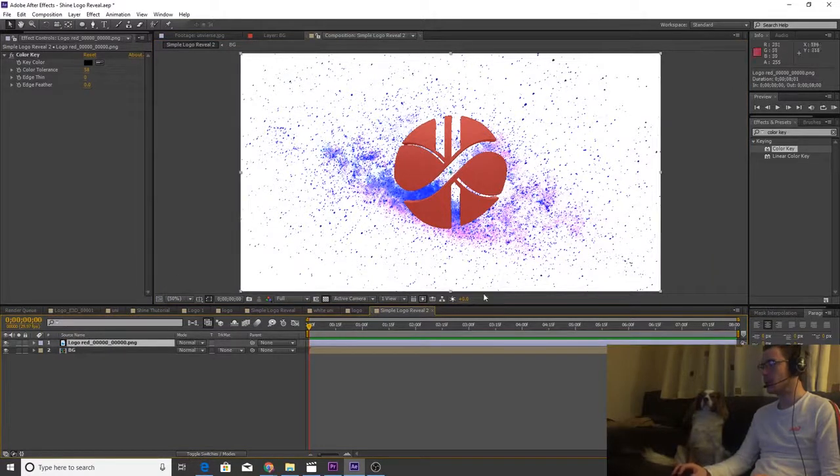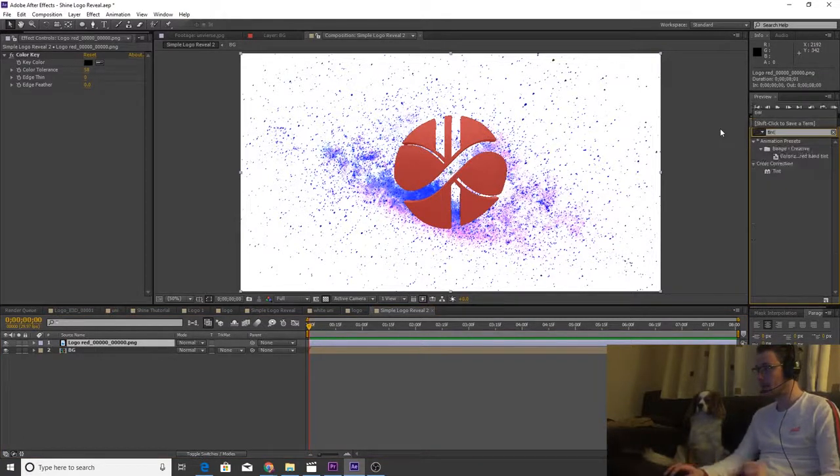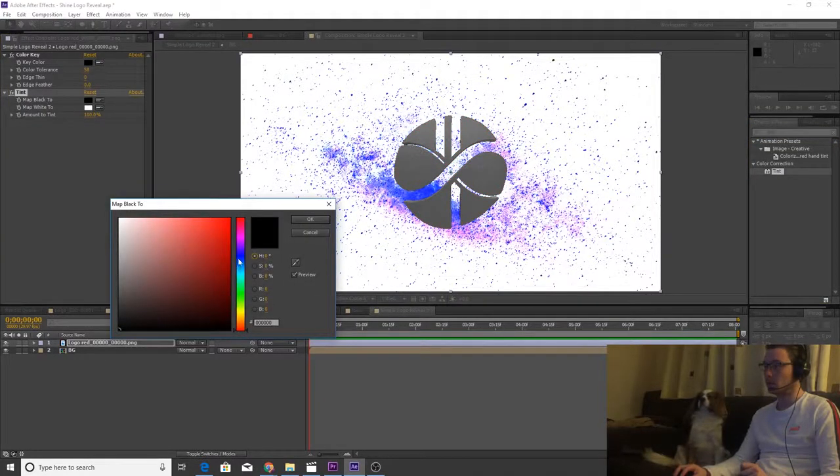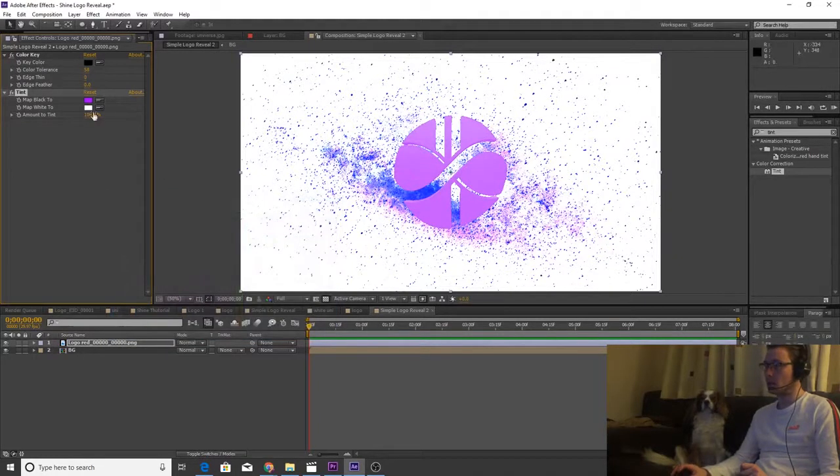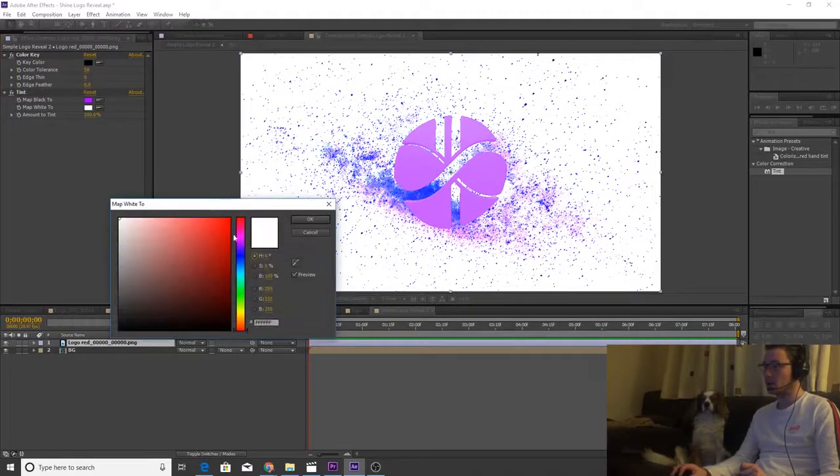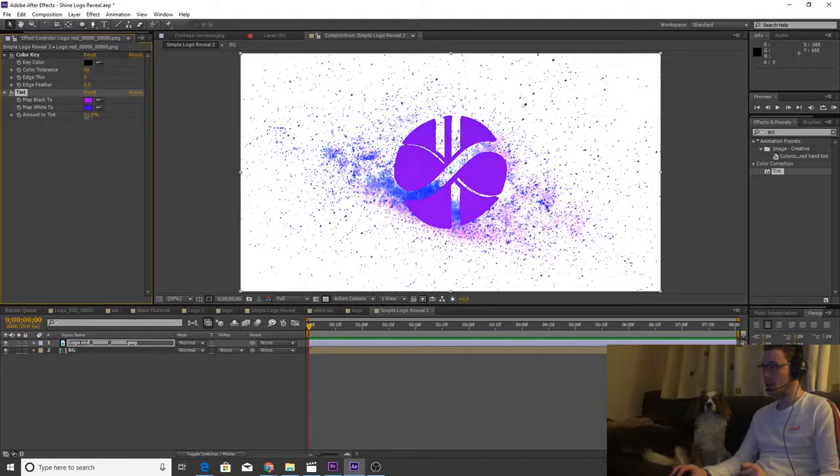Now the red obviously doesn't suit the colour of the background. Red might work for you, you might have changed your colour slightly different. Again, that's your call. So what I'm going to do is change the colour of my logo to tint it to more of a purpley colour. So come up here, and then the white, a bit darker. If we take the amount of tint down,